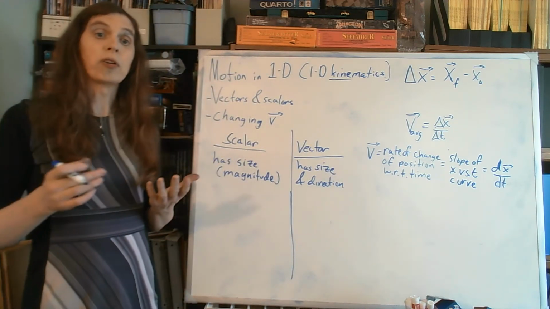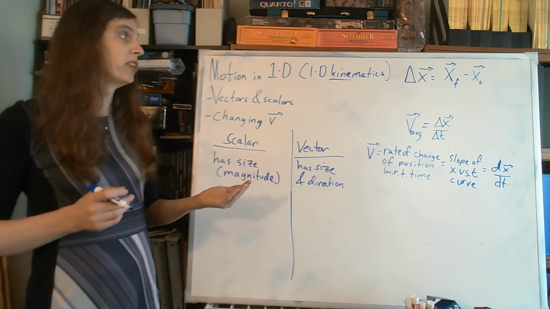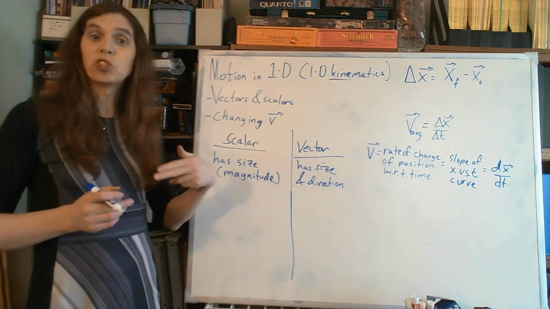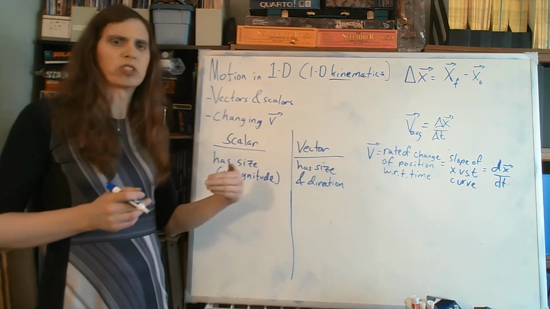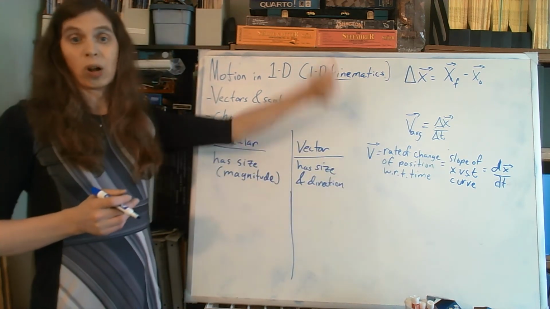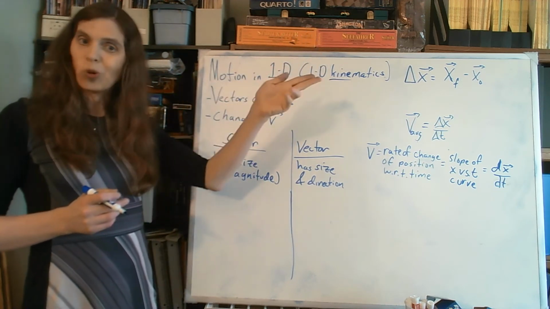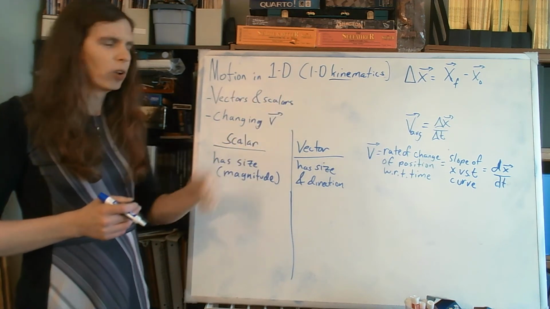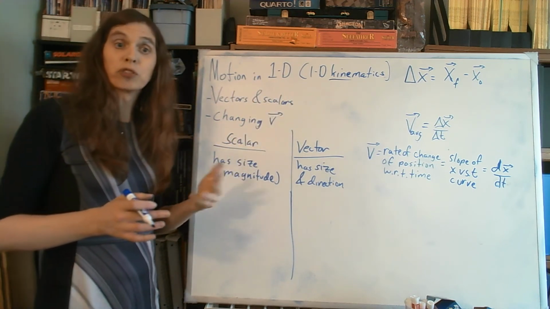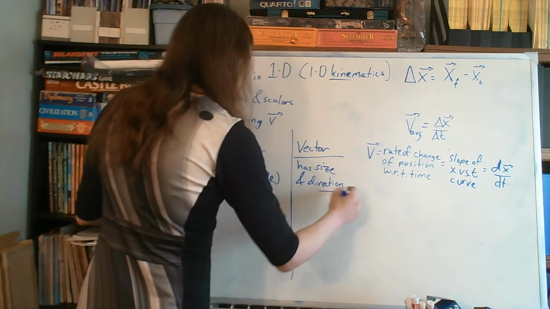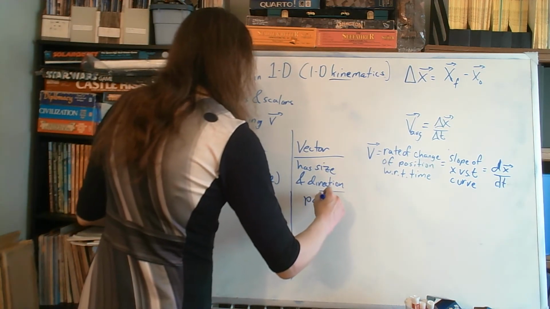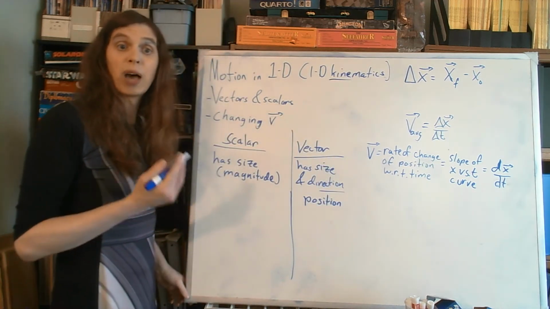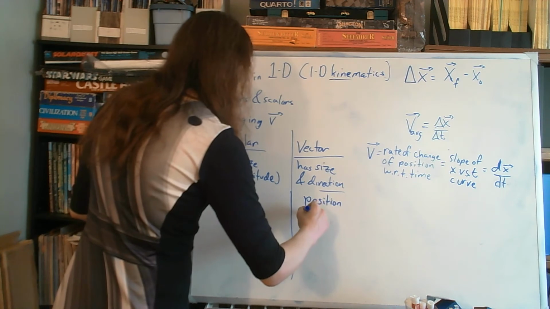So thus far, we've had position, where the direction mattered. We can say it's so many feet, but so many feet in the positive direction, let's say to the right, or up, or northeast, or 20 degrees above the horizontal. Direction matters for position. So that's an example. That means the difference between positions matters as well. So displacement